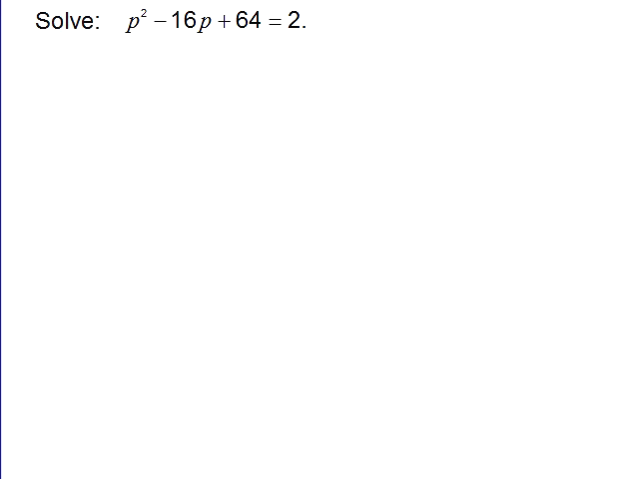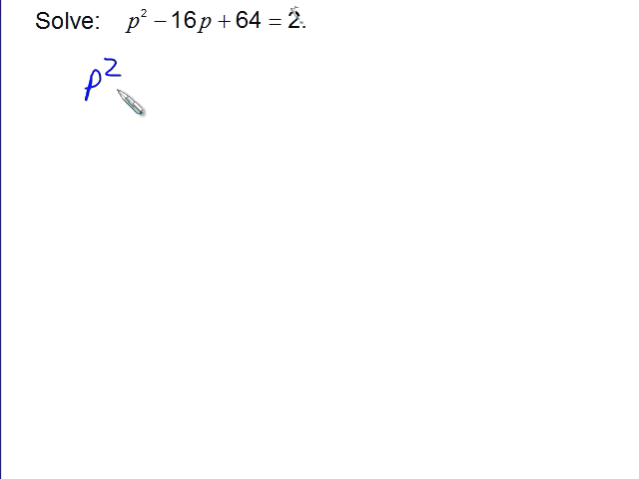Solve the equation p squared minus 16p plus 64 equals 2. Now, since this is a quadratic, we'll try to factor it when it's in the right form, but if that doesn't work, then we'll go ahead and use the quadratic formula. So the first step then is to subtract 2 from both sides so that we have 0 on the right-hand side,